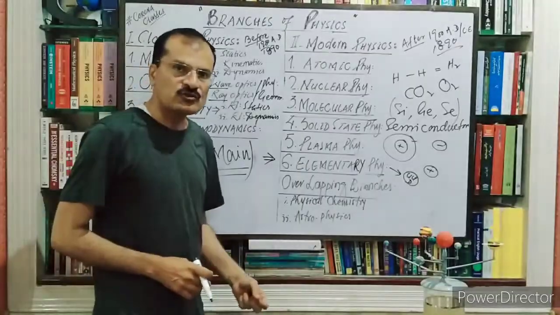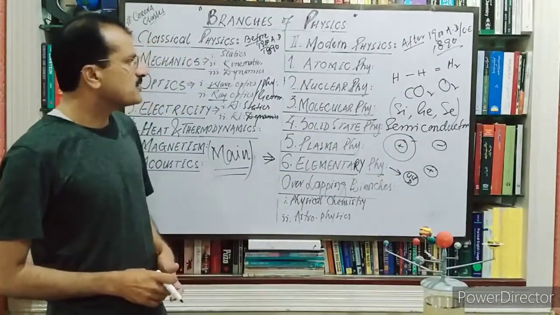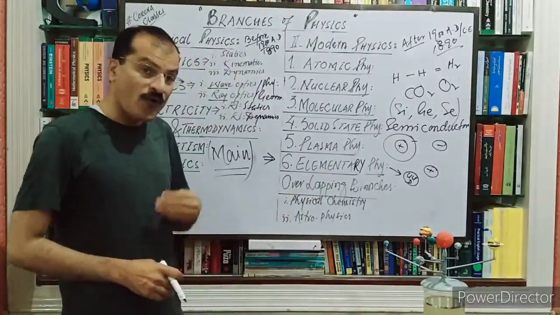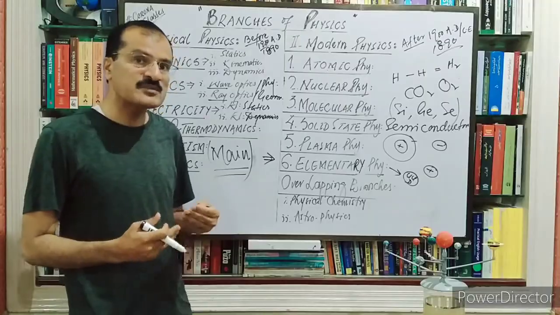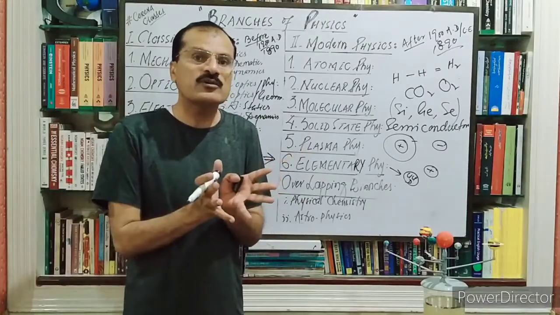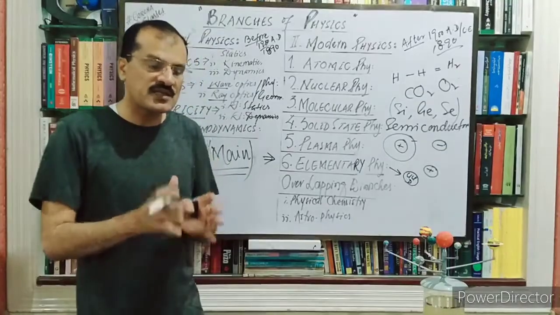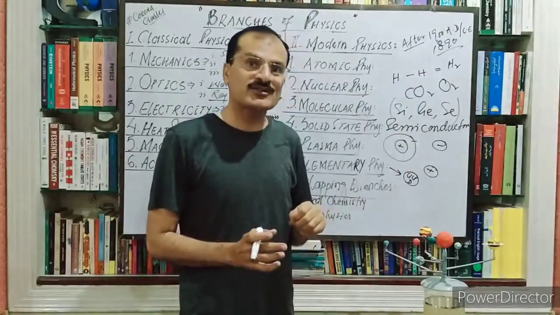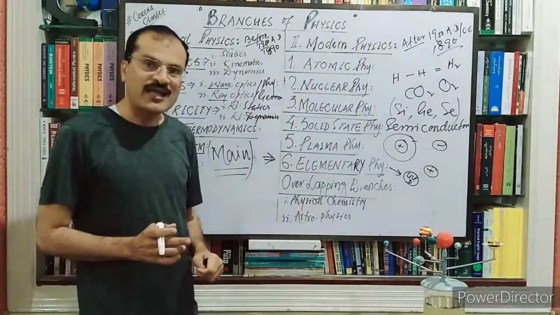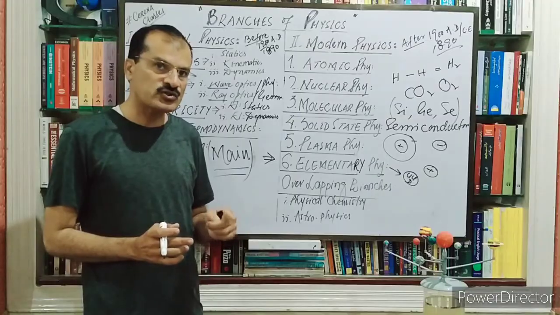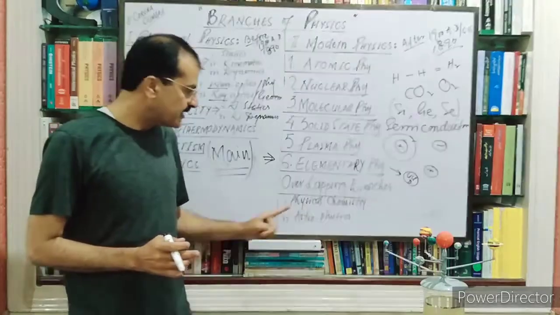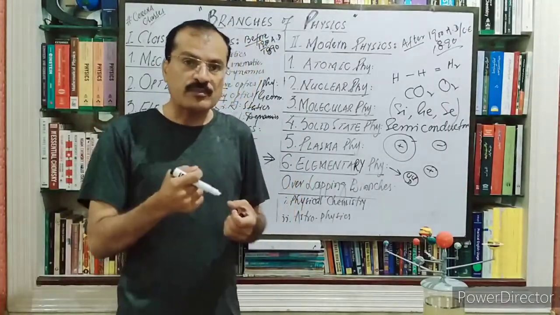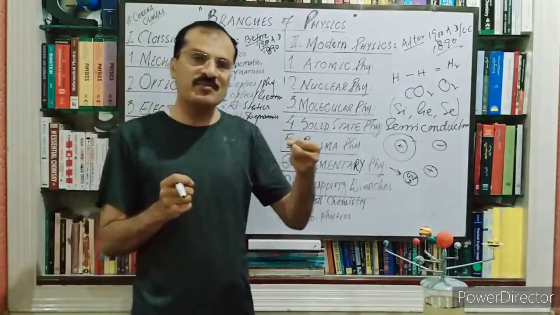There are other branches too, but in your textbook only these branches are mentioned, so we have discussed them only. Others are overlapping branches. Overlapping branches means they are not totally about the physics, but in these branches physics is playing an important role in other branches of the science. For example, physical chemistry. The first year chemistry you study usually in colleges, that is physical chemistry. Physical chemistry is an overlapping branch. It means it is the combination of physics plus chemistry.